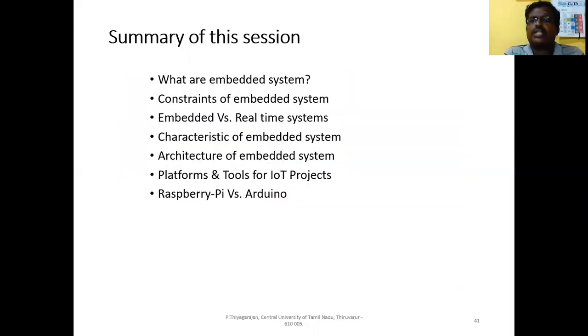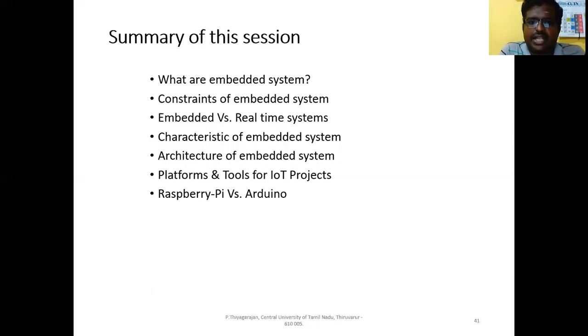That's the end of today's session. And before we wind up, I'd like to give a summary of the discussion we had today. Today's topic of the webinar is IoT architecture. Before we got into the architecture, we had a short discussion on embedded systems, how they are different from real-time systems, what are the constraints by which an embedded system is functioning, and we have also seen the embedded system